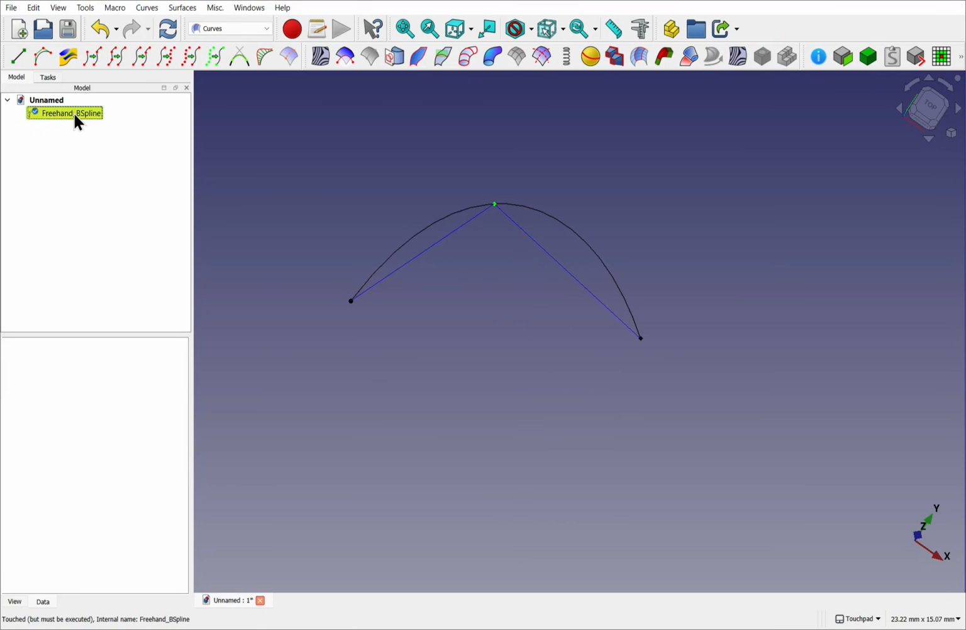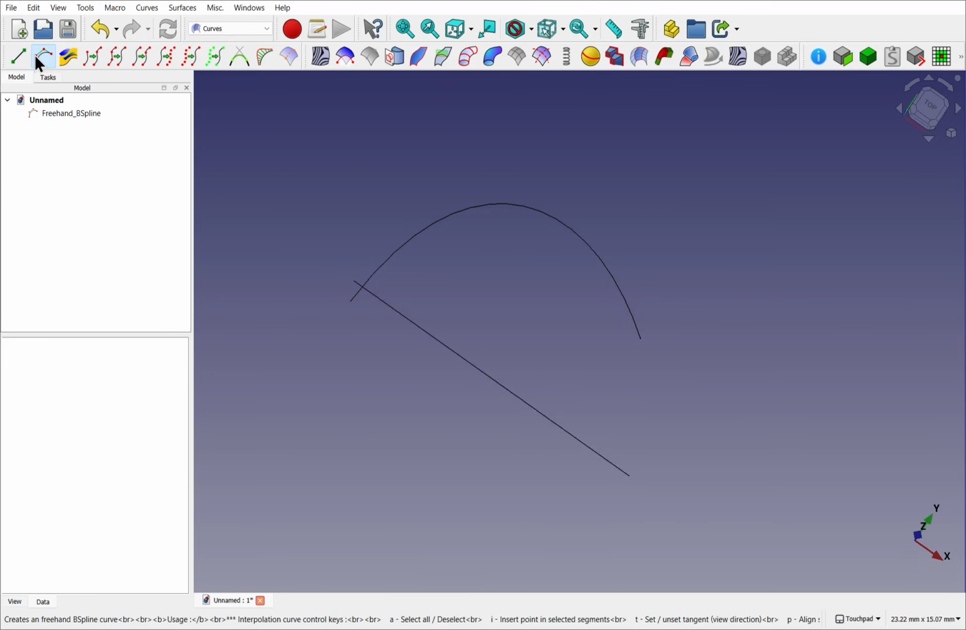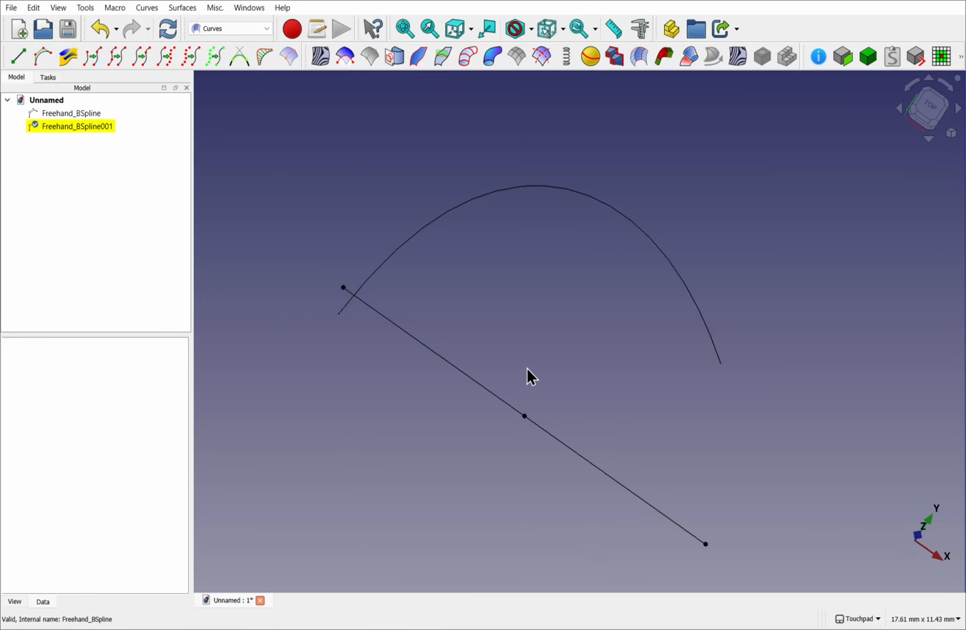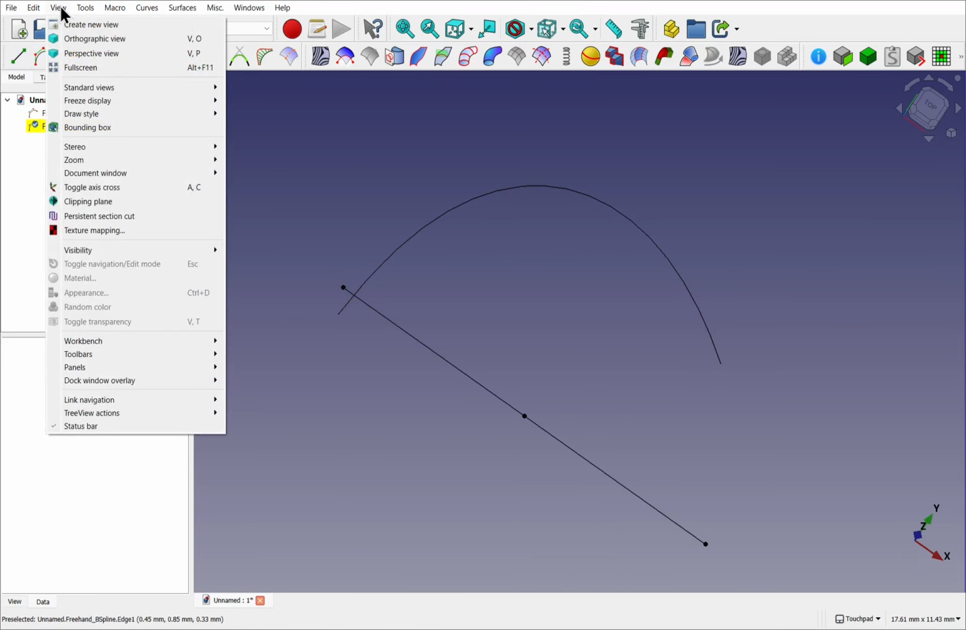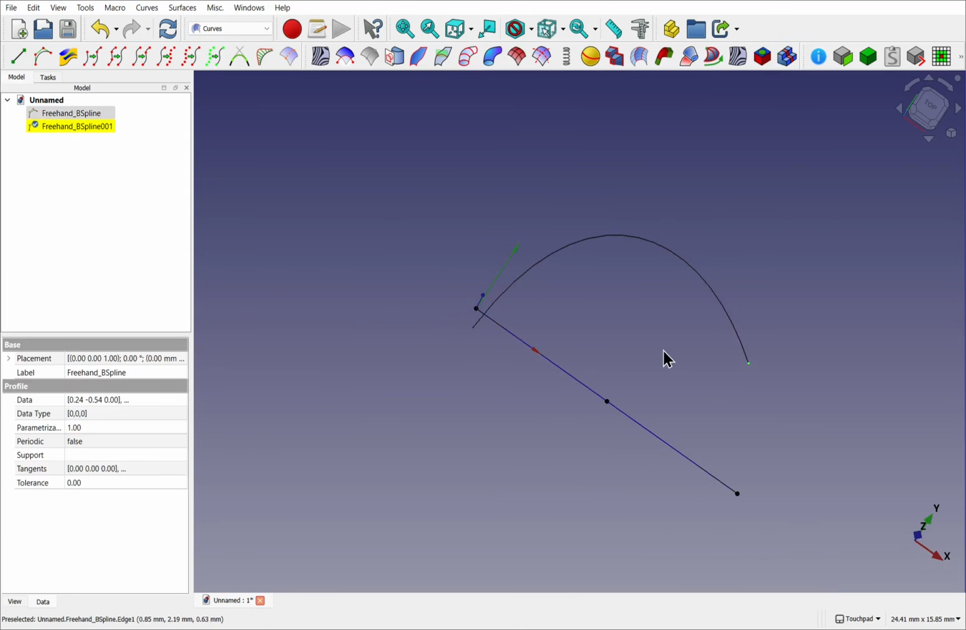When we added this B-spline, there was nothing in the 3D view. So as long as nothing's selected, it will be dropped in the middle of the 3D view. So if I view and toggle the axis cross, we can see it's placed at 0, 0, the start of it. If I select, say, a vertex of another object, this Freehand B-spline, and then create a new Freehand B-spline,